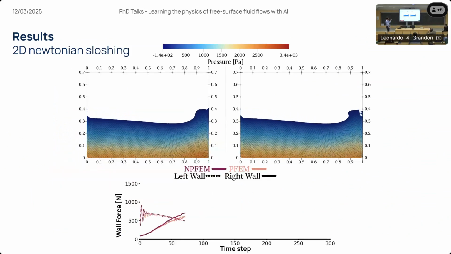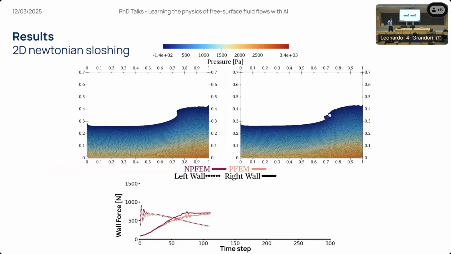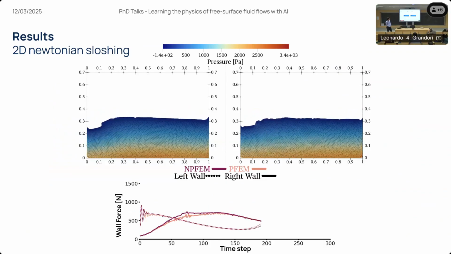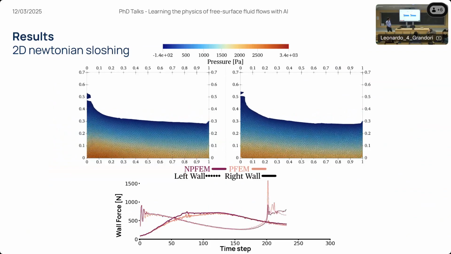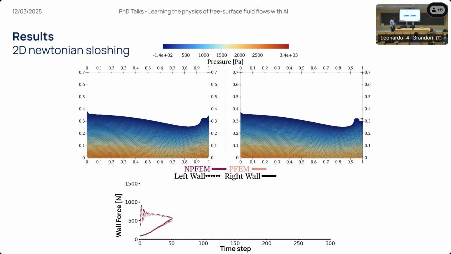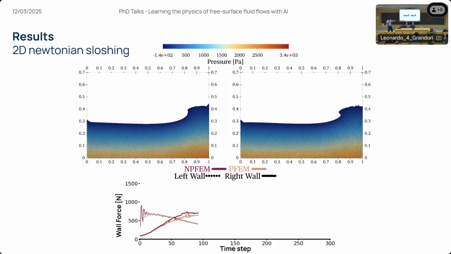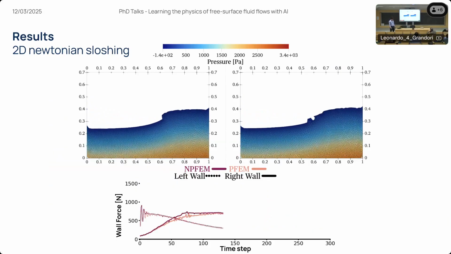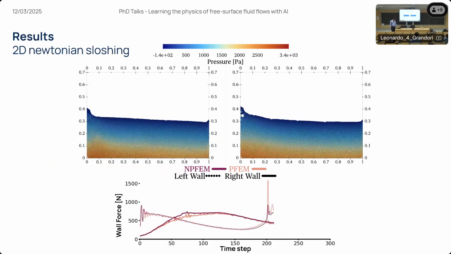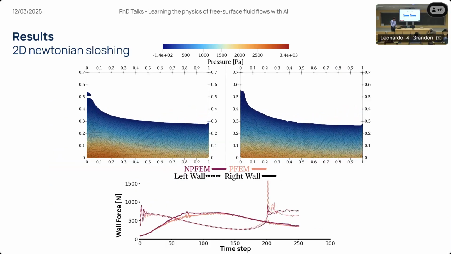This is a result on an unseen simulation. So this simulation was not in the training dataset, and we are able to reconstruct it very well. And as you can see, from the solution fields we are also able to reconstruct derived quantities, such as forces acting on the wall,